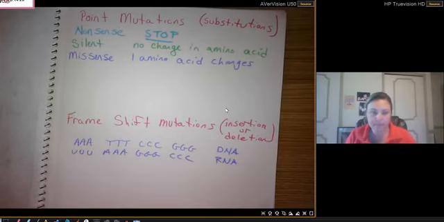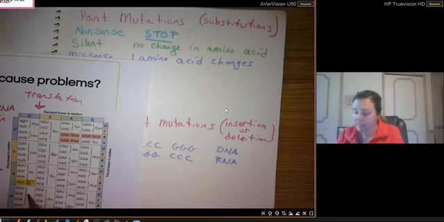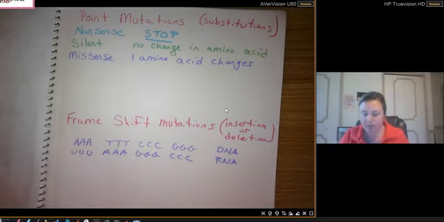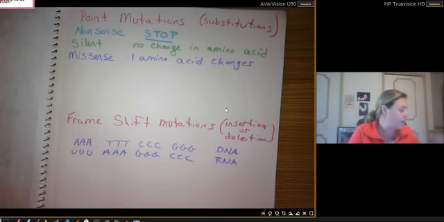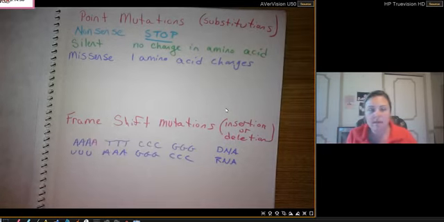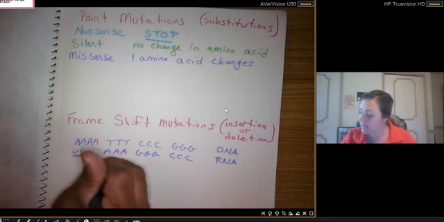Okay, and then we can go back to our codon chart and we can even translate for the different proteins. But what I want to show you is what happens when we have a shift. If we were to bring in a new amino acid or new nucleotide here and insert itself maybe right there, everything shifts over a little bit. Okay, so this will remain the same, but then this shifts over to